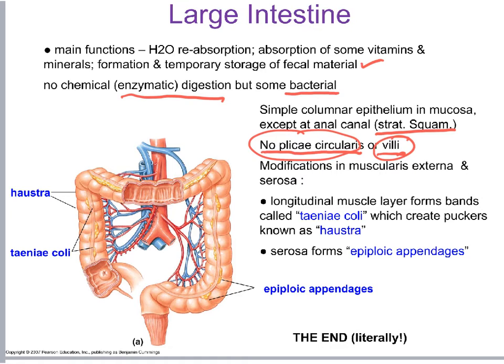So this structure isn't as adept at absorbing nutrients, although it still will reabsorb water. We see modifications in the muscularis externa and in the serosa. The muscularis externa, the outer longitudinal layer, which earlier wrapped all the way around the small intestines, now has been reduced to this